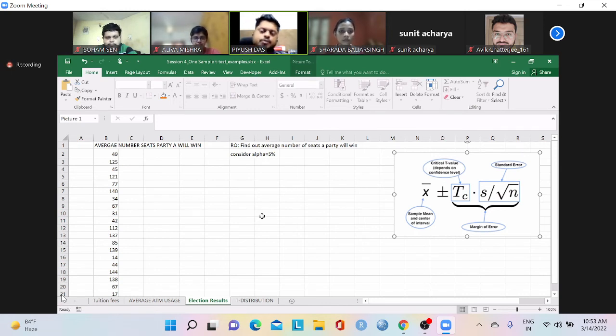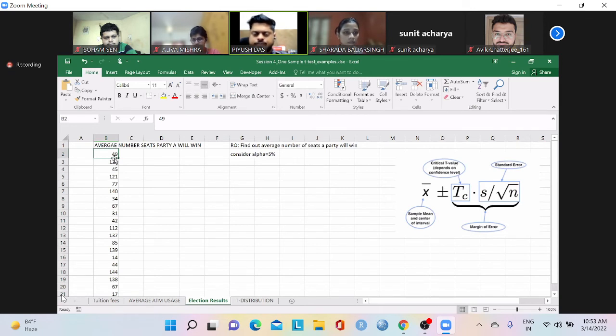So it is not that they're going and asking all the voters. They'll go and ask randomly, let's say in a state, 5,000 or 10,000 people who are going to vote, which party will they vote for, right? The probable party which will get the vote. So like that, I've collected data